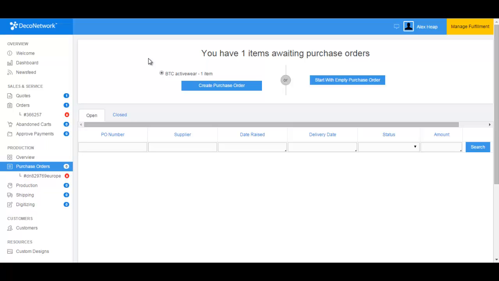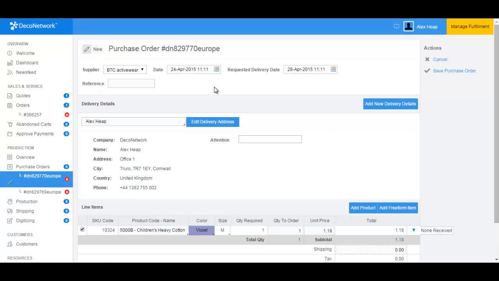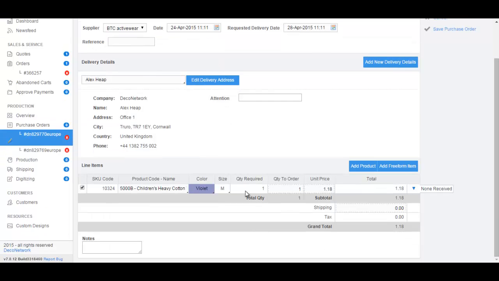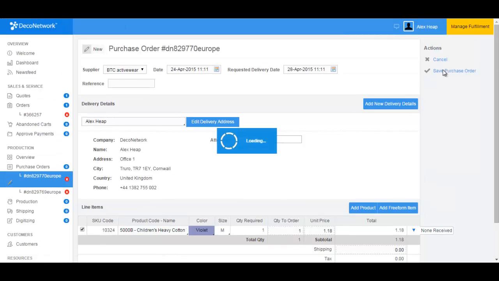Now if you do have multiple orders coming in, what would happen is the system will detect which vendor needs to be ordered from. So it will create a list here, so you may have BTC, Ralawise or Sanmar, and it would tell you how many items need to be ordered from that vendor. So you would just select the vendor and click Create Purchase Order. And down here I can see the quantity required is 1 and quantity to order is 1, and again I can override this if I want, but I'm just going to keep it as 1, and I'm going to select Save Purchase Order,